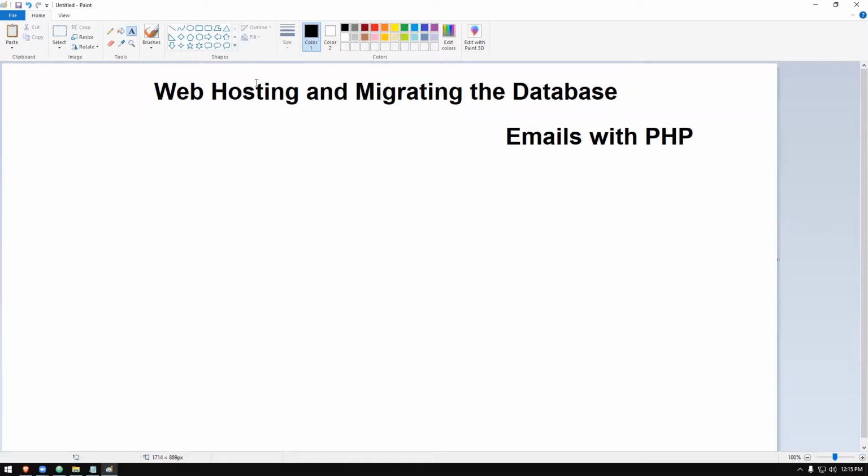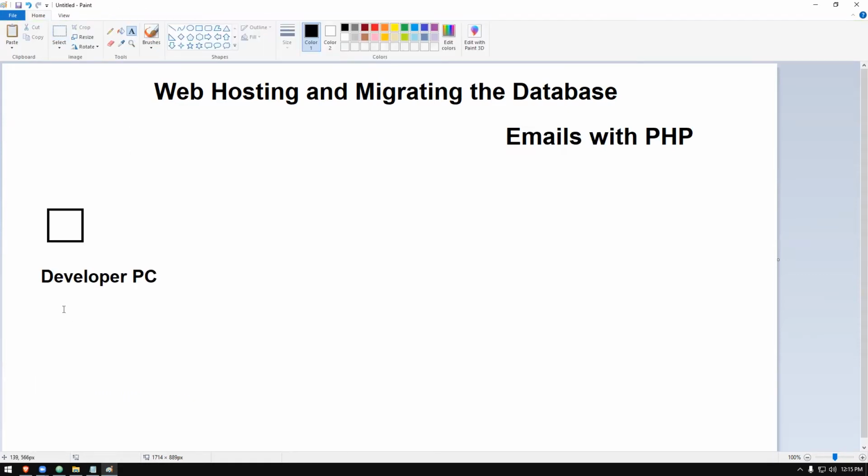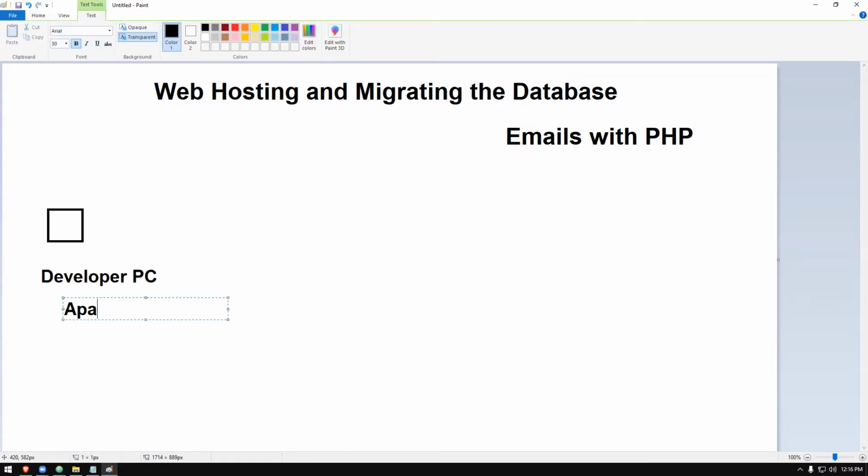When it comes to web hosting, we'll quickly discuss this. This is us, the developer PC. In the developer PC, of course, we have our Apache web server running, and a MySQL database or MariaDB is running. We have the Atom IDE and other software. We were using Photoshop and Bootstrap libraries, a lot of things. We were using a browser, and I'm using the Brave browser. So in the developer PC, we have basically these kinds of things.